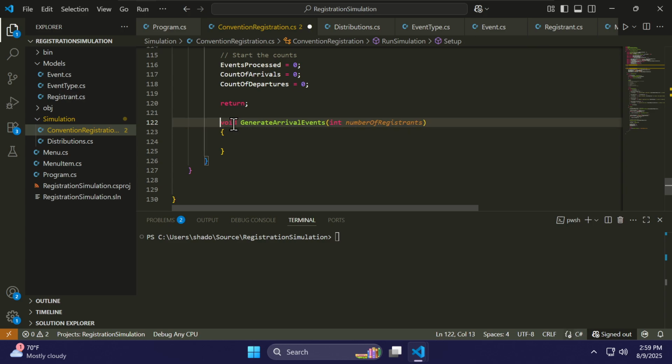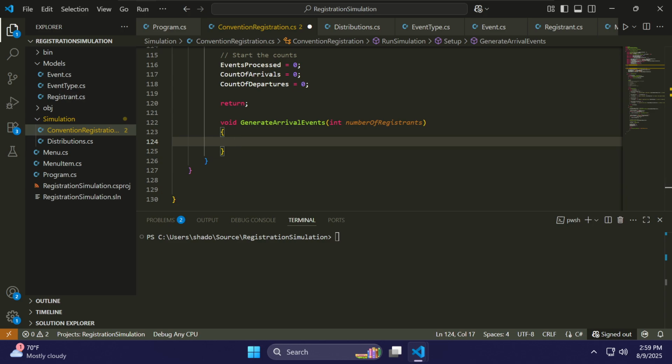That means this can't be static though, because we're going to add on to this queue. What the queue is supposed to do is hold the order of people coming into the event, ordered by time, so we're generating the time as we go. What we're about to see is that I don't think it does that. I think I've made a mistake with my generation. We'll see. So we'll start with a for loop: int count equals 1, count less than or equal to number of registrants,